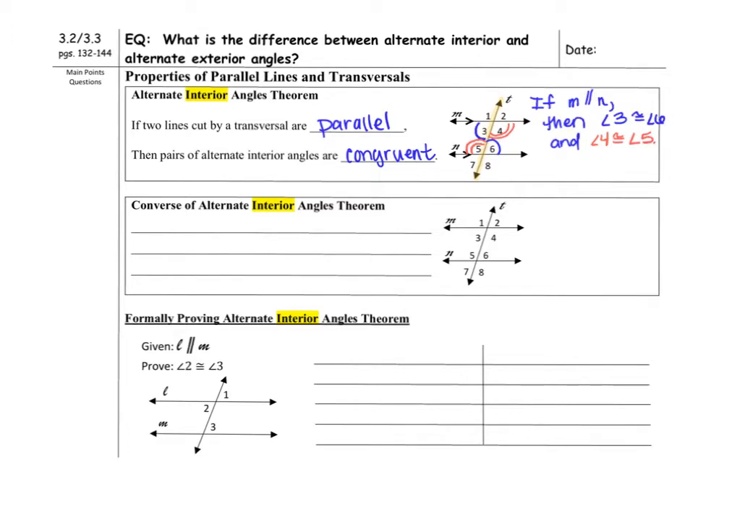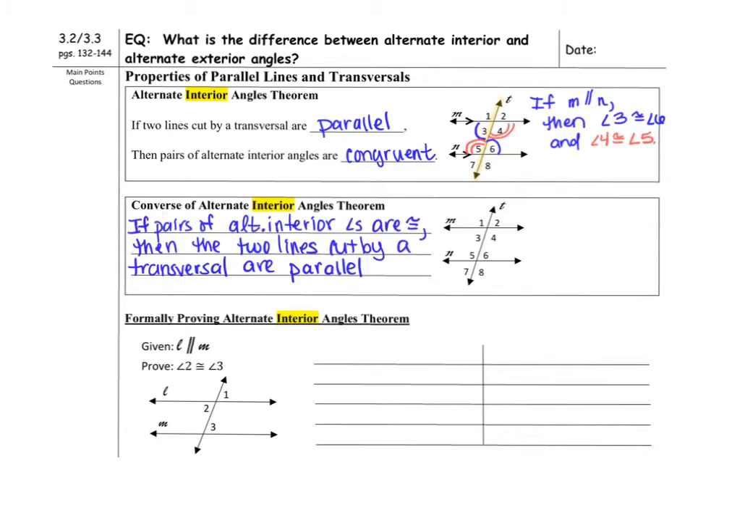So the theorem states that if you know these two lines are parallel, then the alternate interior angles are going to be congruent. Remember, alternate means different side of the transversal, and interior means inside the parallel lines. The converse of the alternate interior angles theorem switches these two statements. The converse is: if pairs of alternate interior angles are congruent, then the two lines cut by a transversal